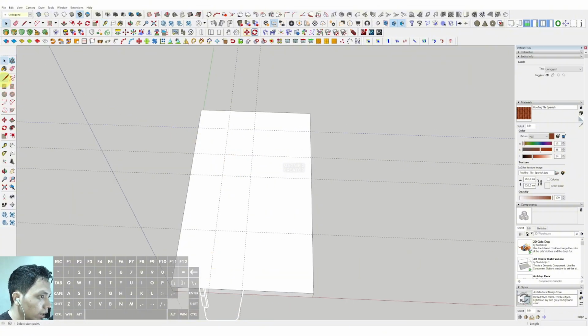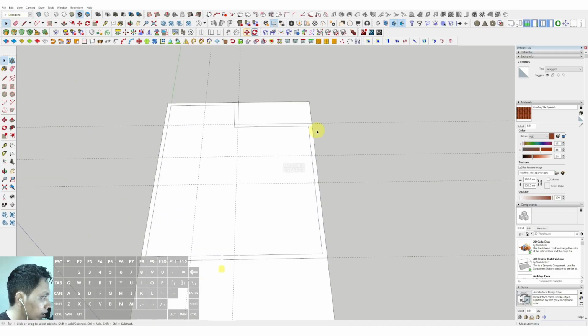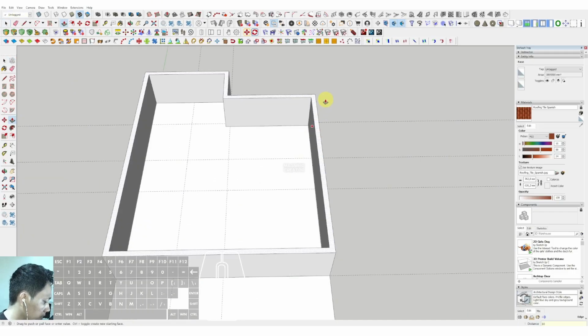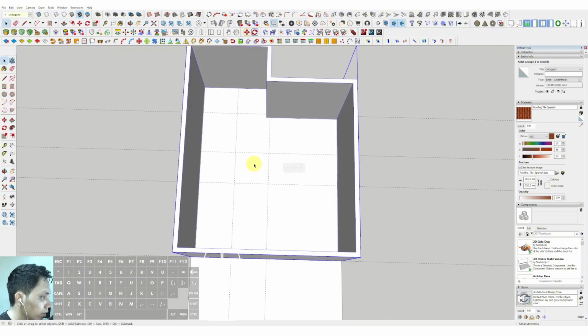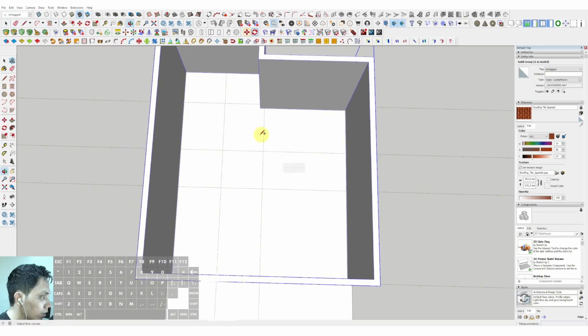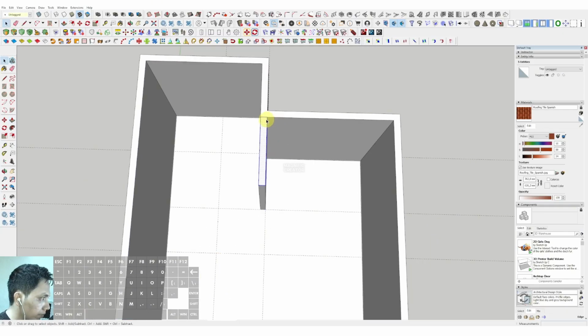Then we can select the line. Okay, and we can draw about the room positioning in here. Okay, we can offset it inside 150 millimeter. Okay, then we can push it up 3.5 meter, make group, and we can make the indoor wall in here, 150 millimeter. Sorry, we can push it up, make group,